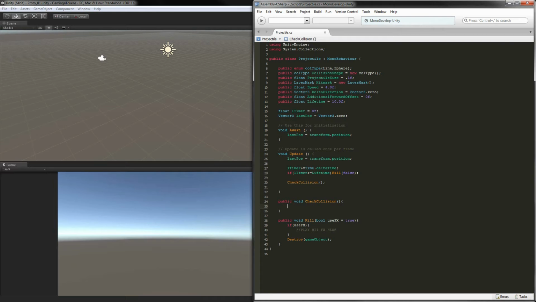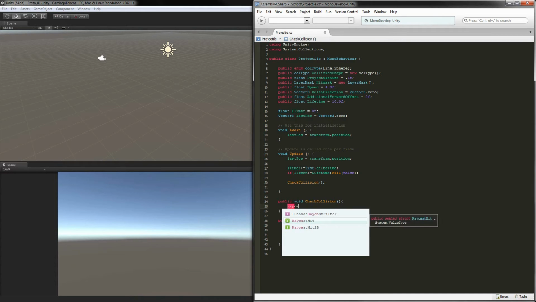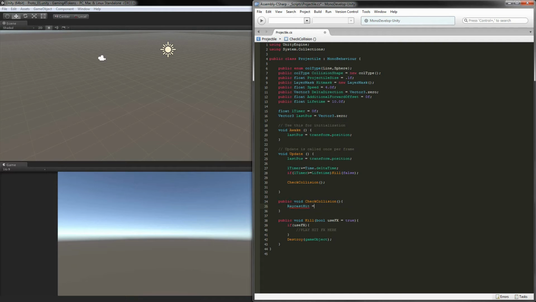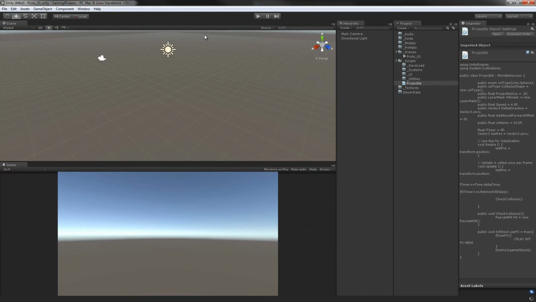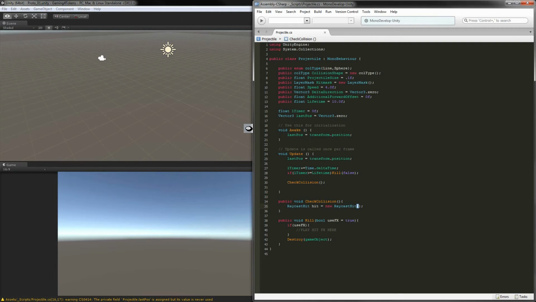So CheckCollision is going to do a cast. Let's see here. We want a RaycastHit, I think, and we're going to say RaycastHit equals a new RaycastHit. I think that's a thing we can do, right? Right, Unity? We can do that, right? I think we can do that. Yeah, we can do that. It's awesome. Cool. So it's going to equal new RaycastHit, and we're then going to say if